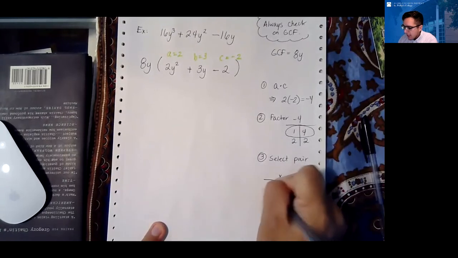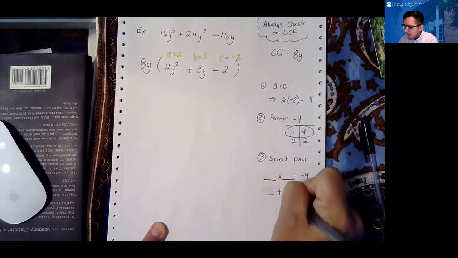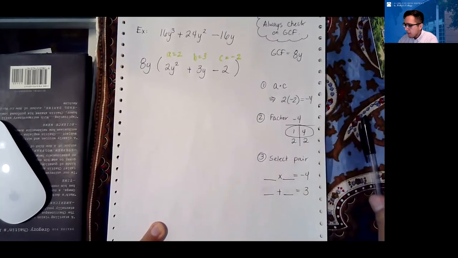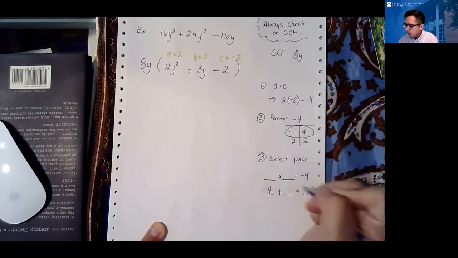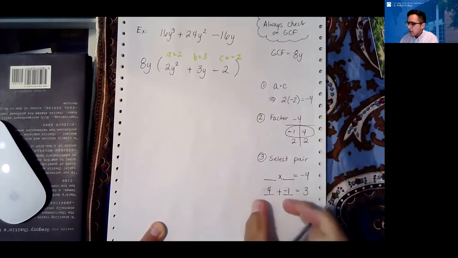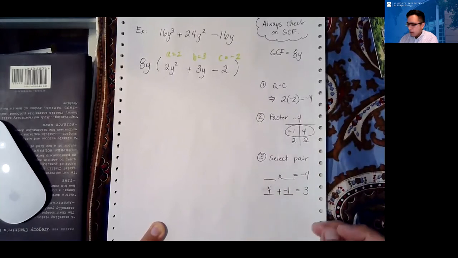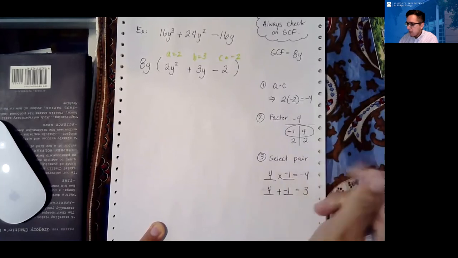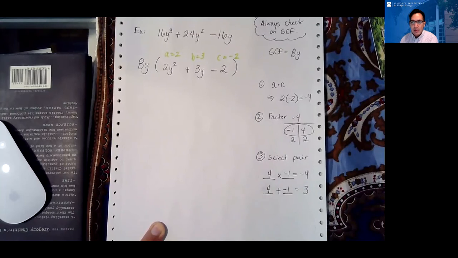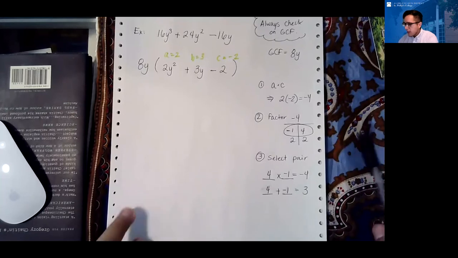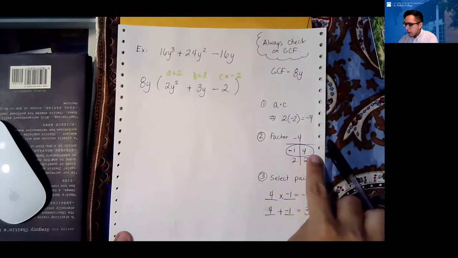We have to go back and see, maybe if we switch the signs, we'll get the correct result. And sure enough, if I have a +4 and a -1, and I add those together, I get my +3. If I multiply those numbers together, I get my -4. So now both of these conditions are met and I can proceed. But you have to make sure that you are not making a mistake when you're trying to meet those conditions. It should naturally occur. So since I have those 2 factor pairs, what I can do